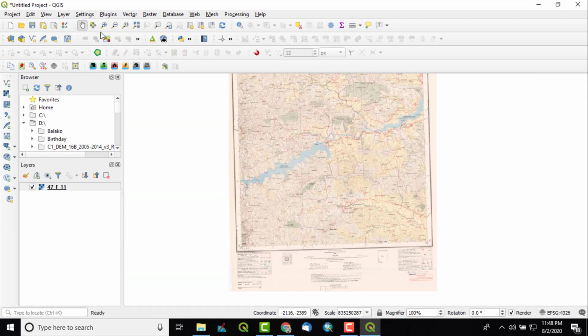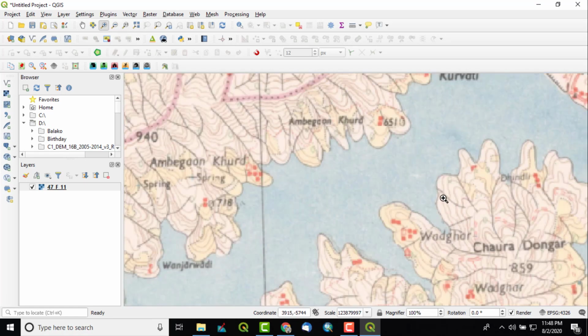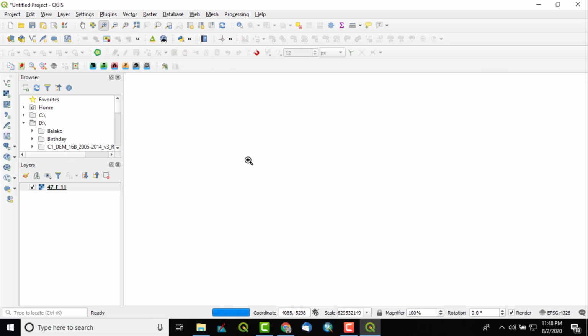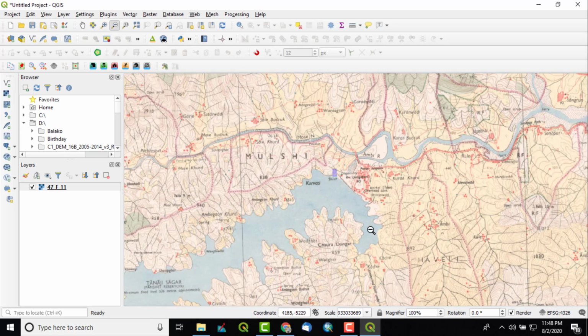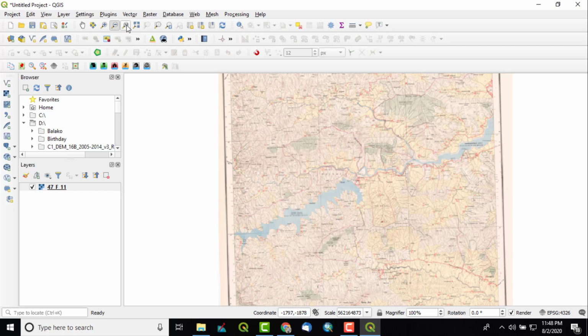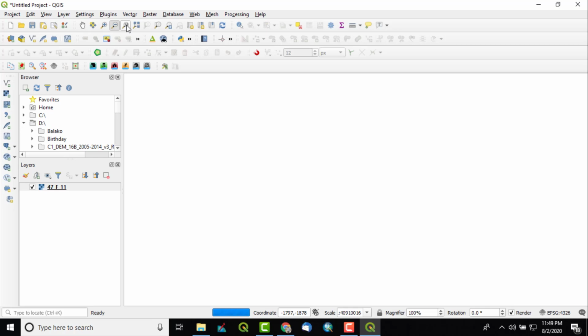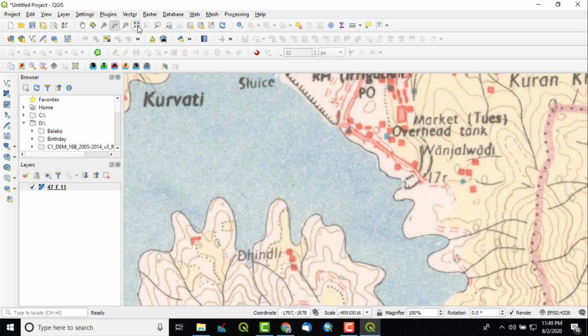And then here are also options: zoom in, then zoom out. The next option is fix zoom to native resolution. Then the next option is zoom full.